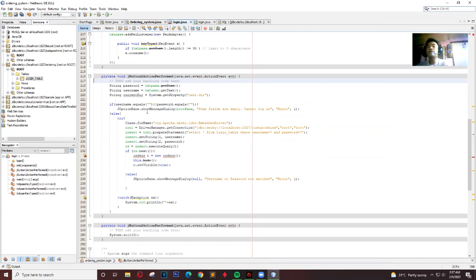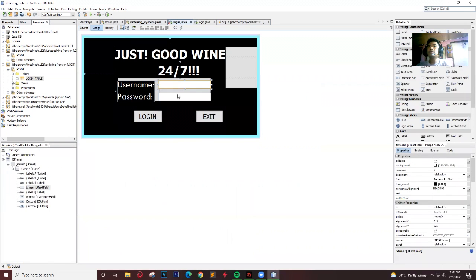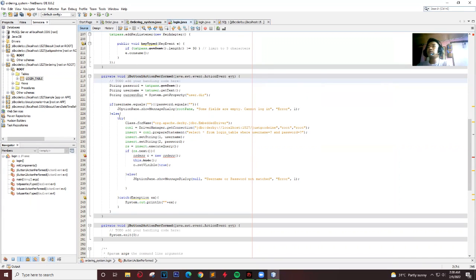In here we have the condition: if username equals blank. So if there is nothing in those fields, the option pane will show a message dialog saying some fields are empty, so you cannot log in, so there's an error. And then if there is something inside the username box and the password box, it will go to the try